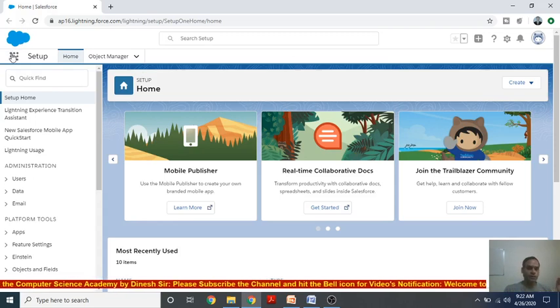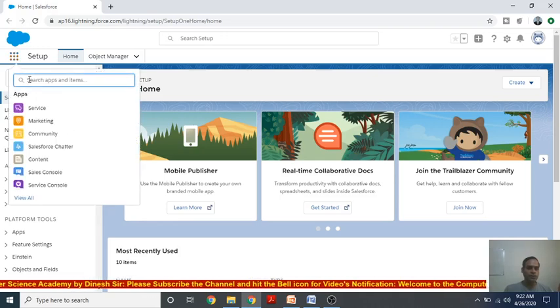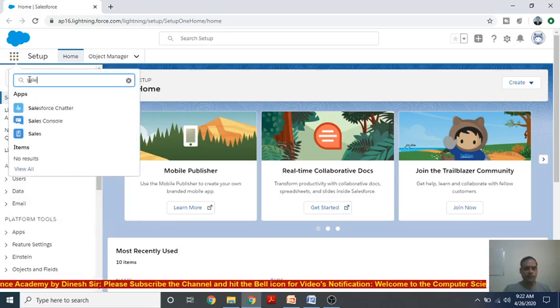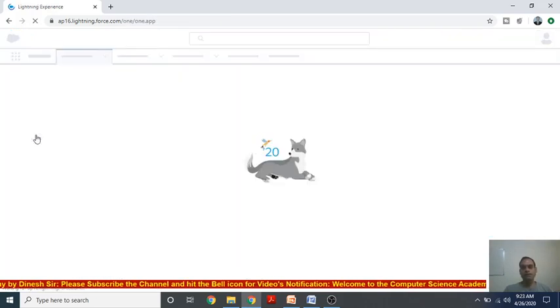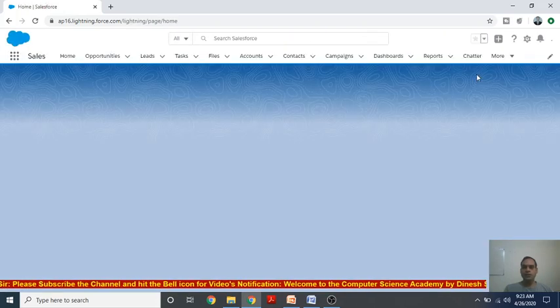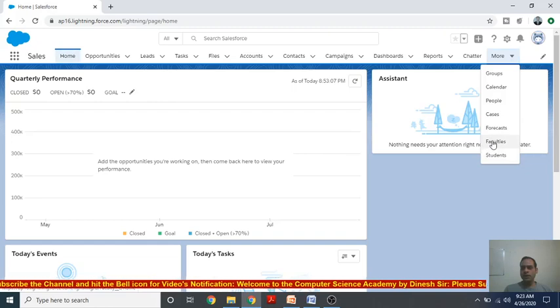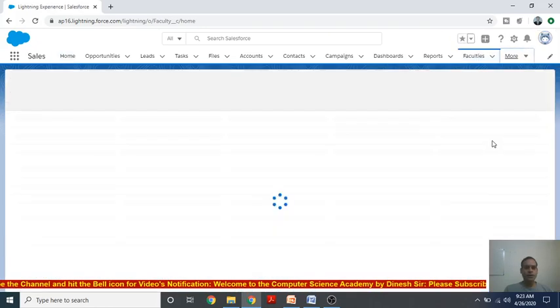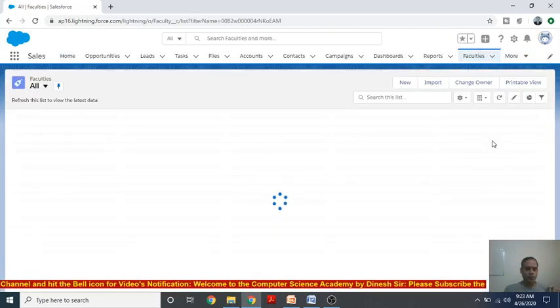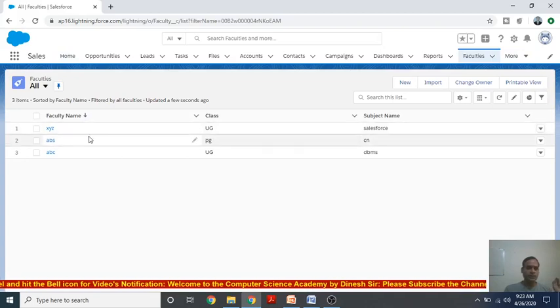So go to the Salesforce app launcher, sales application. Now we have already created two objects. Previously we have already seen the lookup relationship. Now quickly we can see a recap.